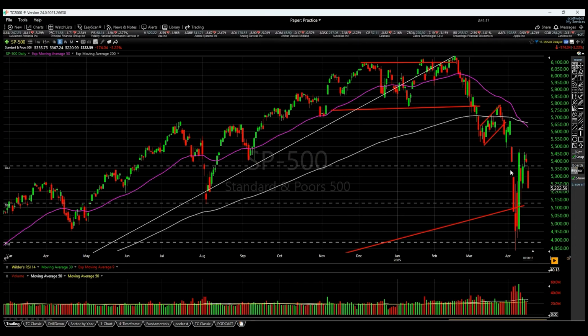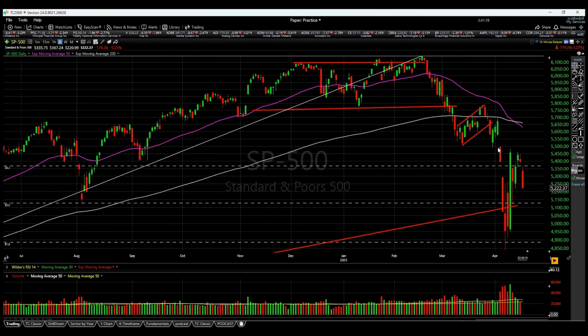Well, we filled the second gap, but we haven't filled the first gap. I'm blowing it up further. We gapped down here, we gapped down again, we came up off the bottom in a strong fashion. We filled this first gap, but we did not fill the second gap, and that's a bearish sign. So now we're selling off again, and there's a very high likelihood that we'll go down and test this trend line again and possibly even test these lows.